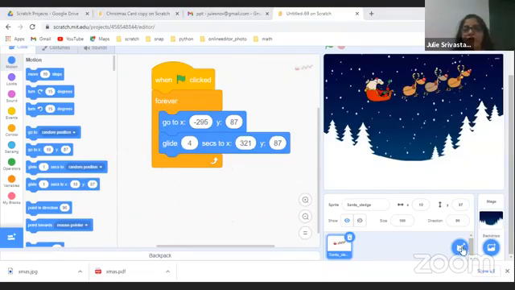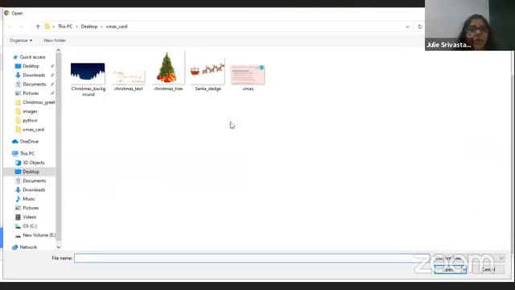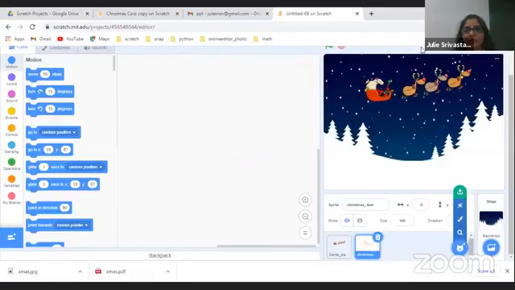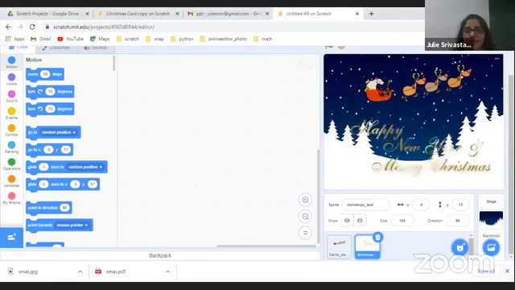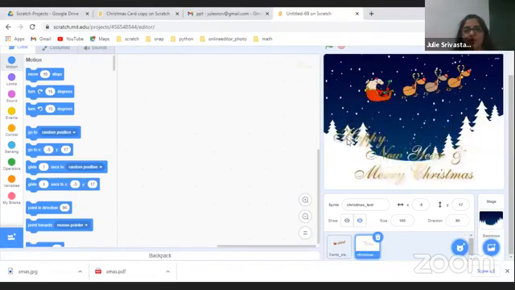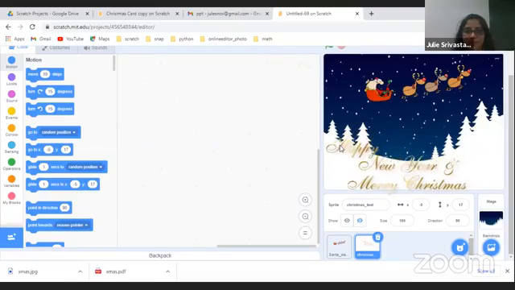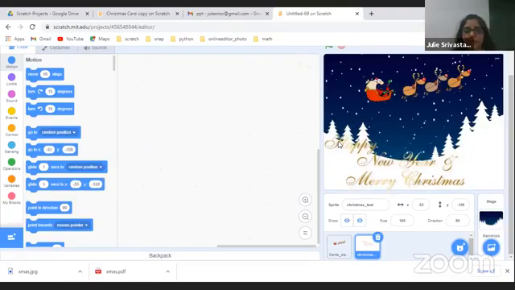Okay. All right, we're going to now upload another sprite. We call that the Christmas underscore text. Let's take the Christmas underscore text, open it. You get the text. You will be able to move the text only when your cursor is exactly on the text. So you need to ensure that you can move the text around here only when your cursor is exactly on the text. Let's bring the text to the left hand side.